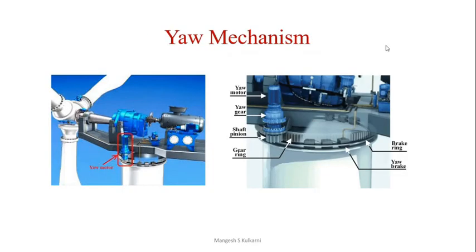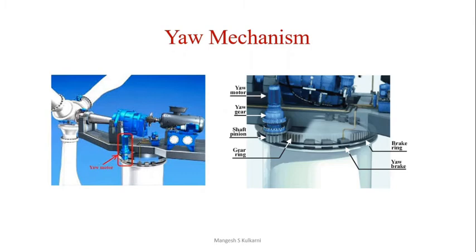The next important component is the yaw mechanism. It is necessary to align the rotor axis with the wind in order to extract as much energy from the wind as possible. Most horizontal axis wind turbines use forced yawing. An electrical or hydraulic system is used to align the machine with the wind. The yaw drives react on signals, for example from the wind vane on top of the nacelle. In almost all manufacturers' upwind machines, a brake in the yaw mechanism is used.